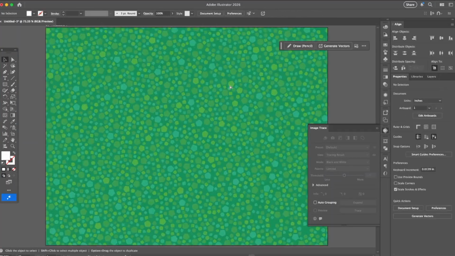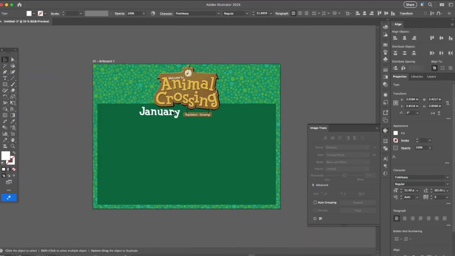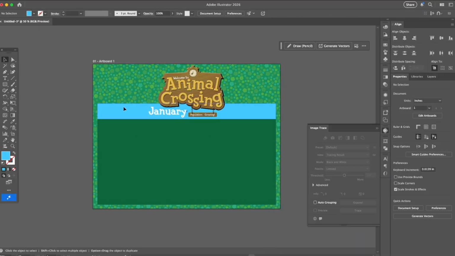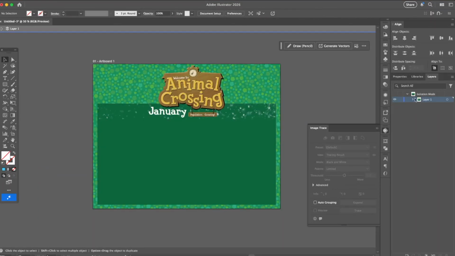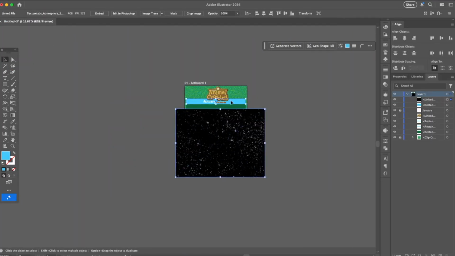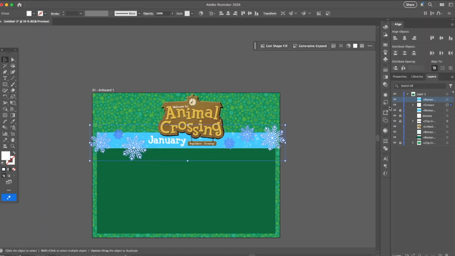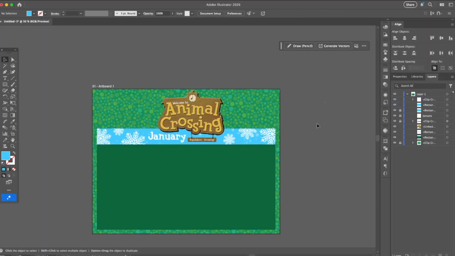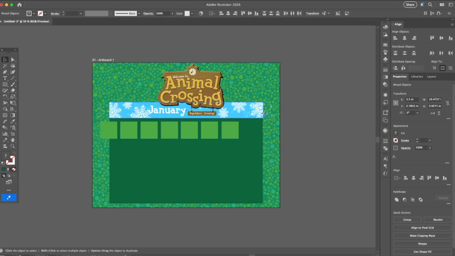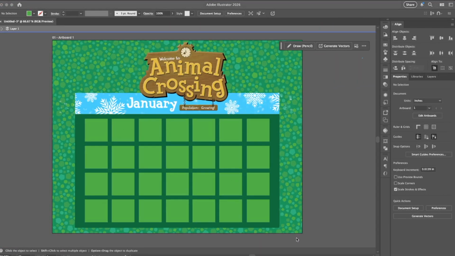So first things first, I wanted to format the calendar how it was going to sit on the page. I've never made a calendar before, so the stylizing of an Animal Crossing calendar was a brand new concept to my brain. Another thing I also knew that I wanted was each month to reflect how it looks in Animal Crossing, which